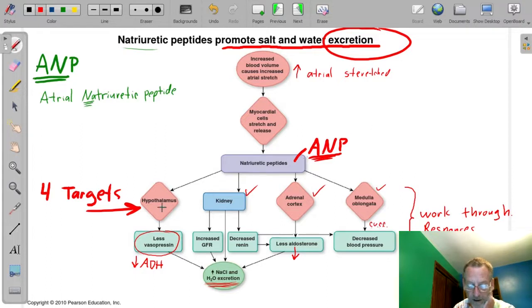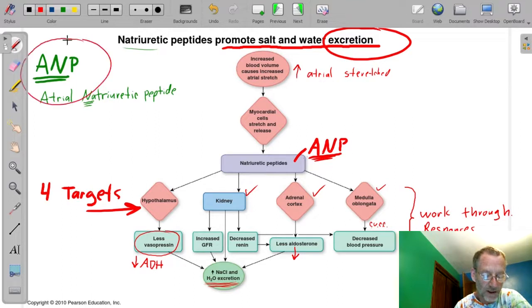So if you could list those targets, hypothalamus, kidney, cortex, medulla, etc., and say something about what they do, that would be great. So hypothalamus, less ADH, less water reabsorbed, etc. Okay, so that's the slide for ANP. This is pretty much it. If you remember this much, you've got it for that hormone. And we've already done ADH,